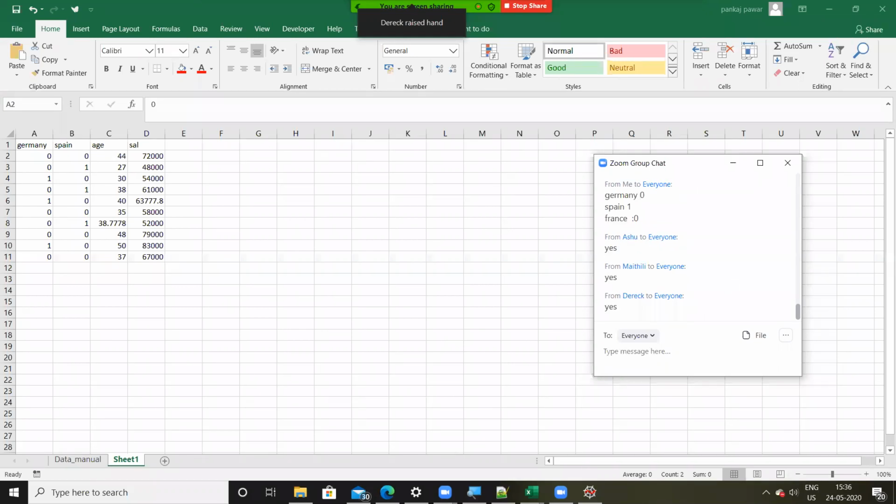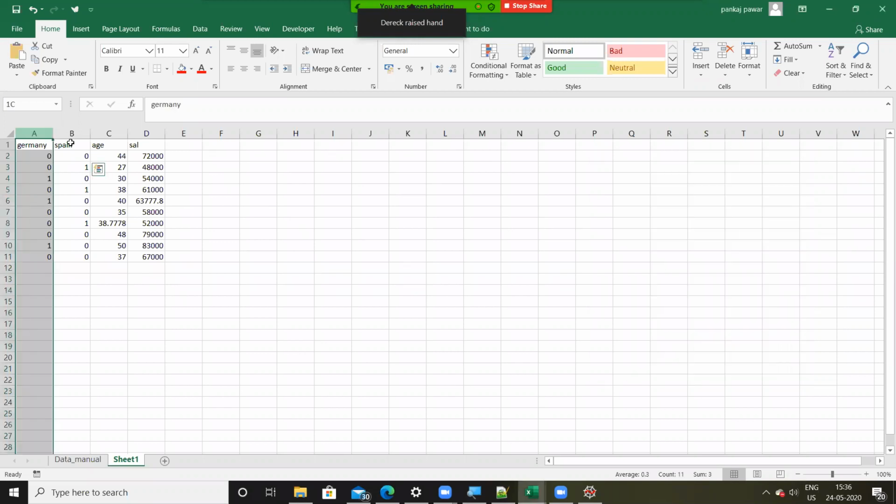Perfect. So the point I'm trying to make you realize here is, after applying one-hot encoding, there is a duplication in our data. Why is there a duplication? Because after applying one-hot encoding, we don't need all n columns. We only need n minus 1 columns.